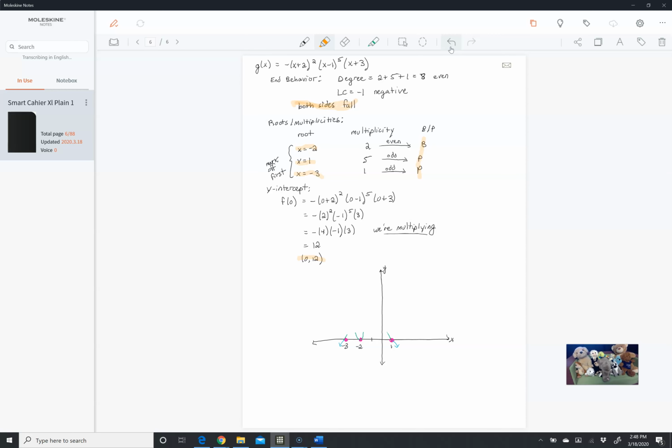Now it's just a matter of doing the last connections. So the y-intercept is going to help us here. Okay, we know that the y-intercept is at 0, 12. So let's mark off up to 12. We'll do this part in blue. So here's 12. And we know that we're going through the graph there. So if we connect everything,